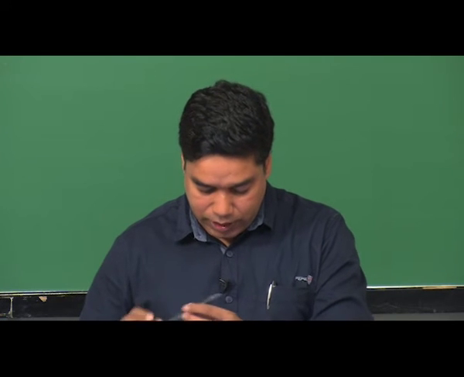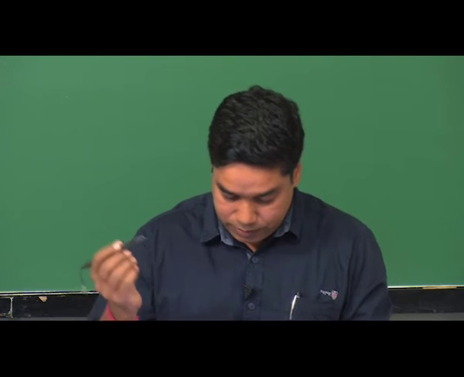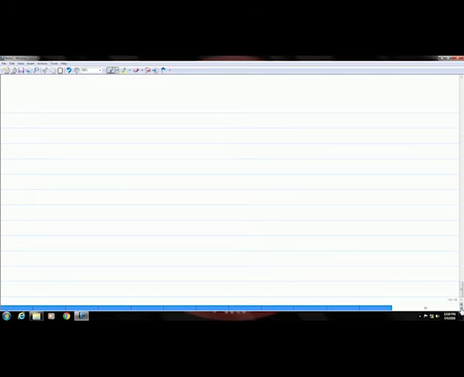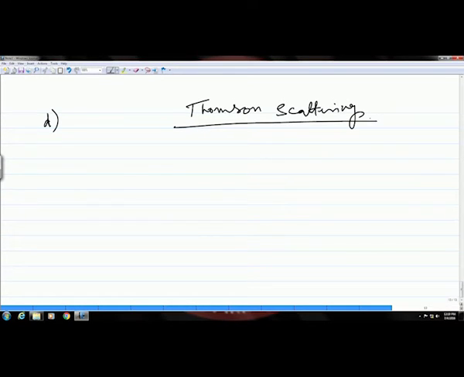The next one that we have in this series is known as Thomson scattering. This is also known as Rayleigh or classical scattering,